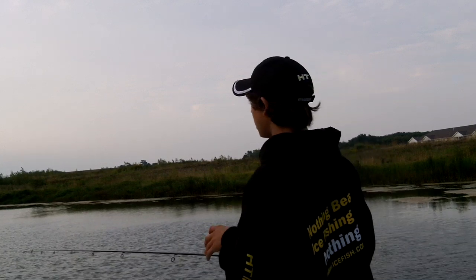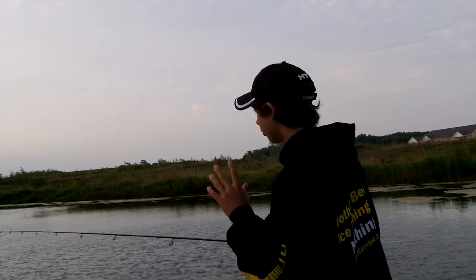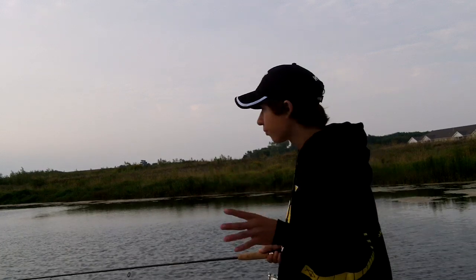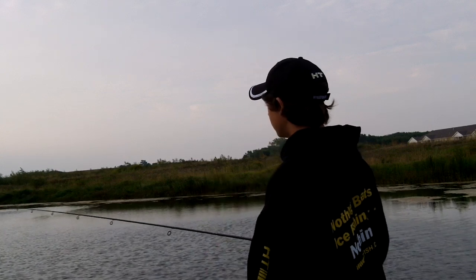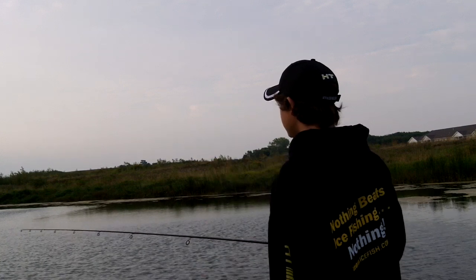Again, 9-foot rod, ultralight rod. Another great thing about this rod too is that the guides are really big, and what that allows me to do is use slip bobbers. You don't have to worry about the little slip bobber tie-on catching any of the guides. You can just cast it out there nice and easy,